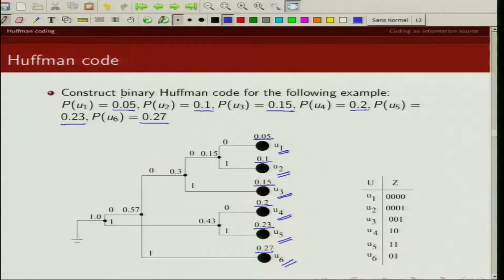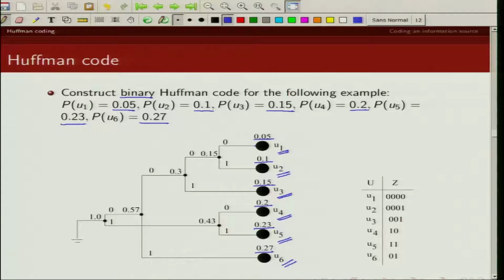Now note, we are interested in a binary Huffman code, so there are 2 branches from each node. We look at the 2 vertices which have the least probability, and which are those 2 vertices? This one corresponding to U1, another corresponding to U2.